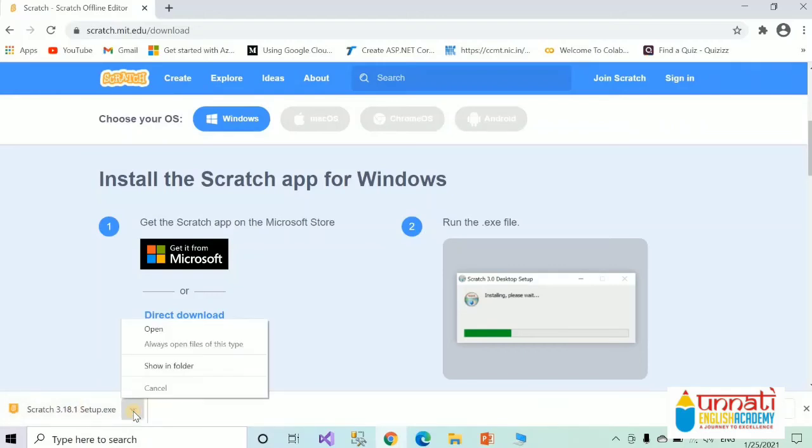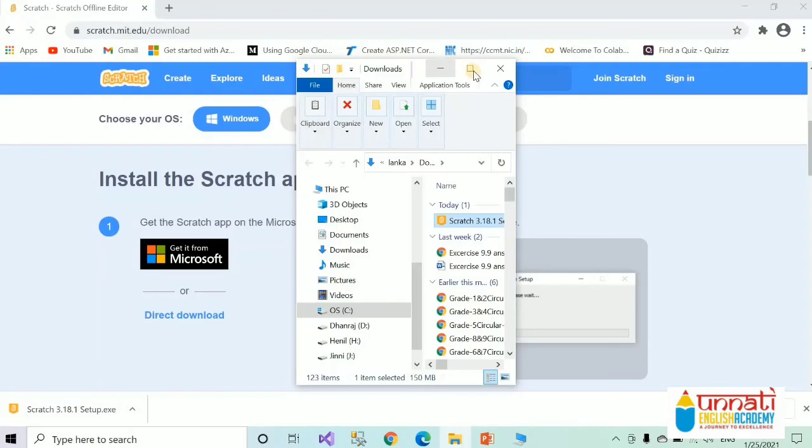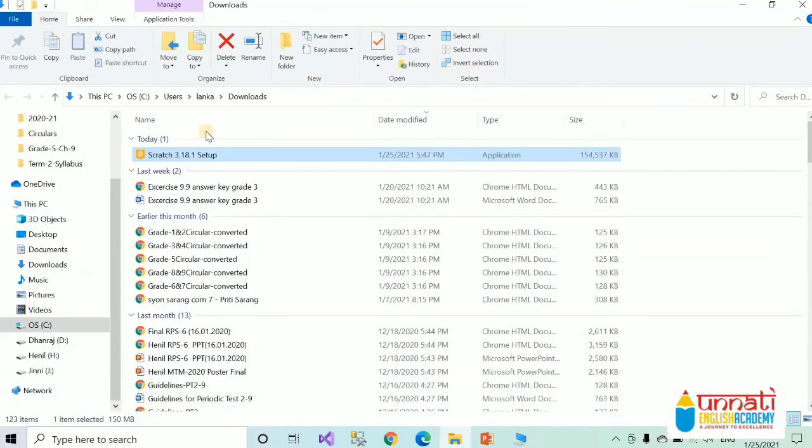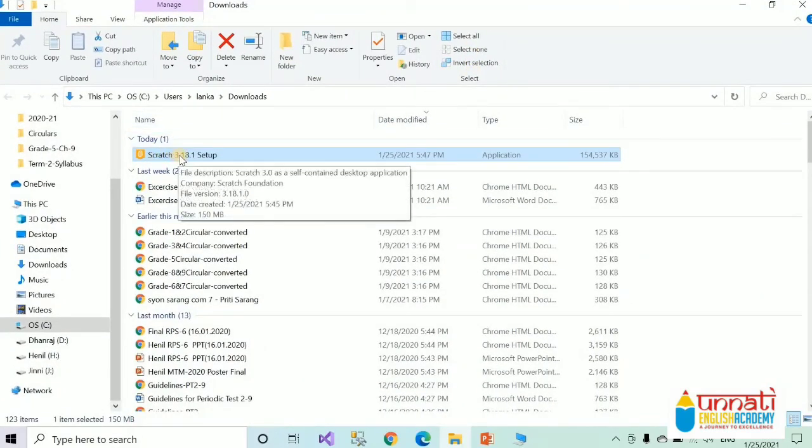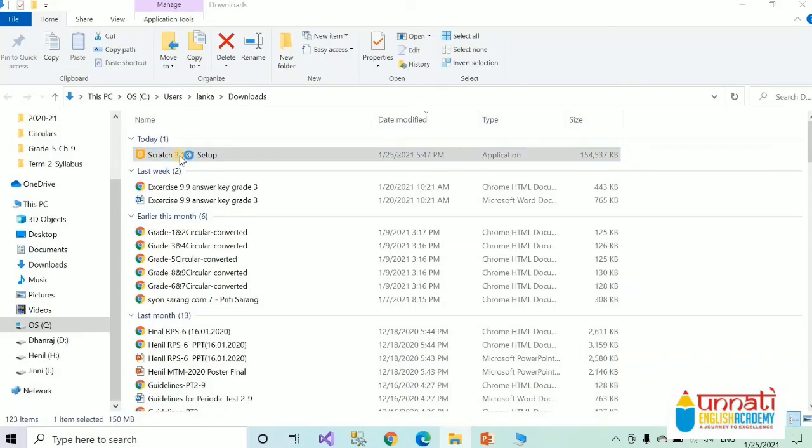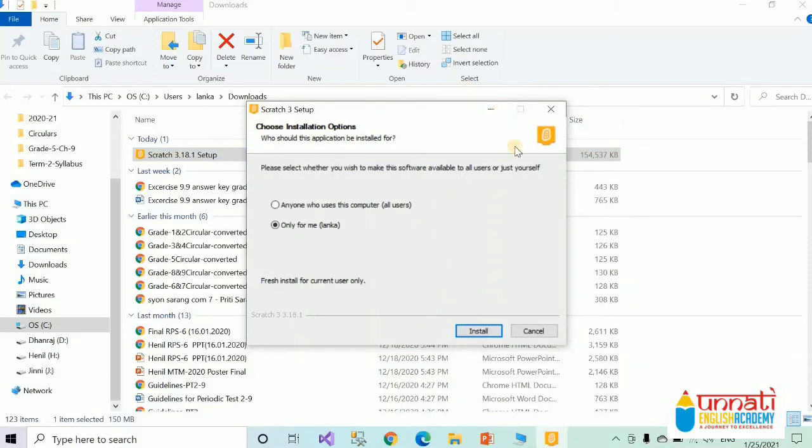So click on that up arrow, click on show in folder. Now the folder will open. Click on the downloaded file, double click on it. See, the window will open asking you about the installation.